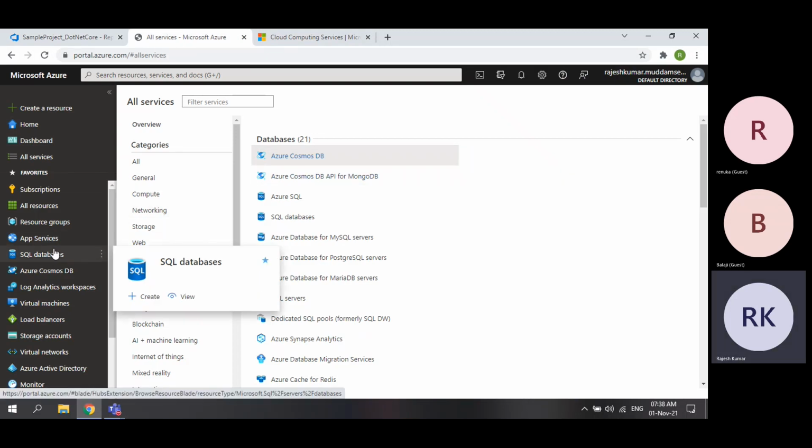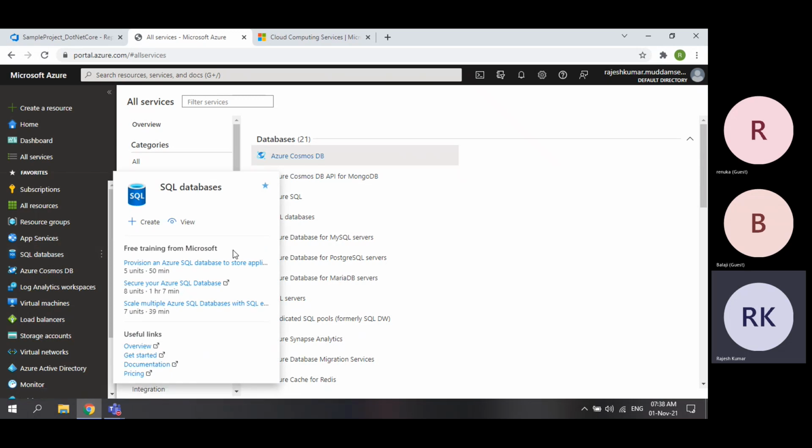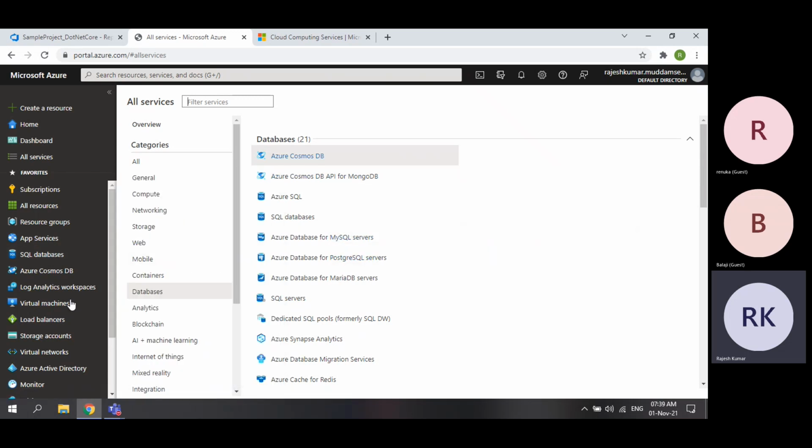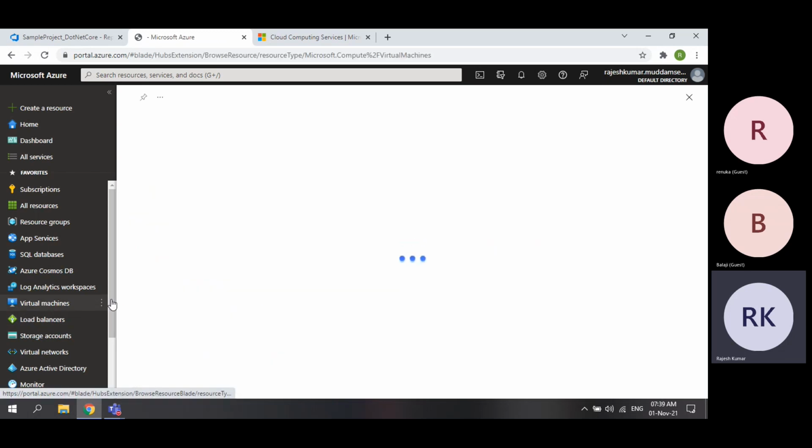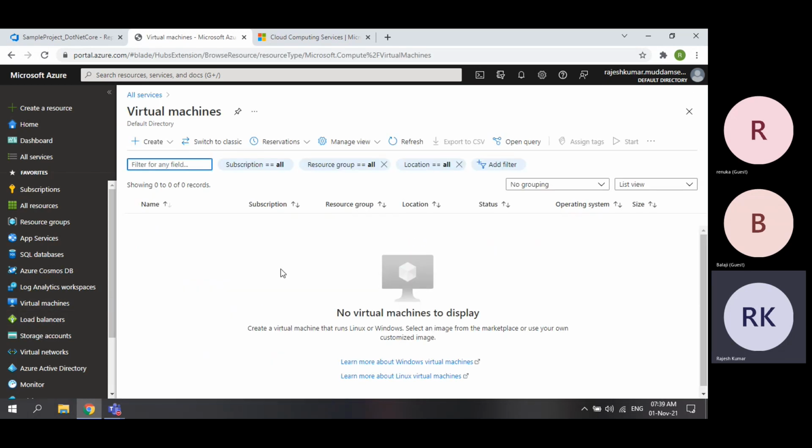So as I said, if you want to maintain your application on your own, you will go for infrastructure as a service. When I say infrastructure as a service, virtual machines come under IaaS. But here I don't want to maintain the virtual machines. Why? Because if I install my application on the virtual machines, again I am the person who needs to take care of all these machines. That is again a time waste for me. Why?